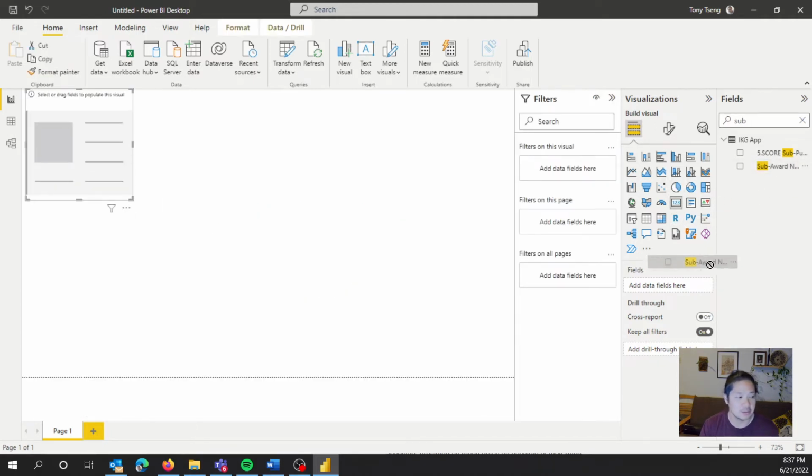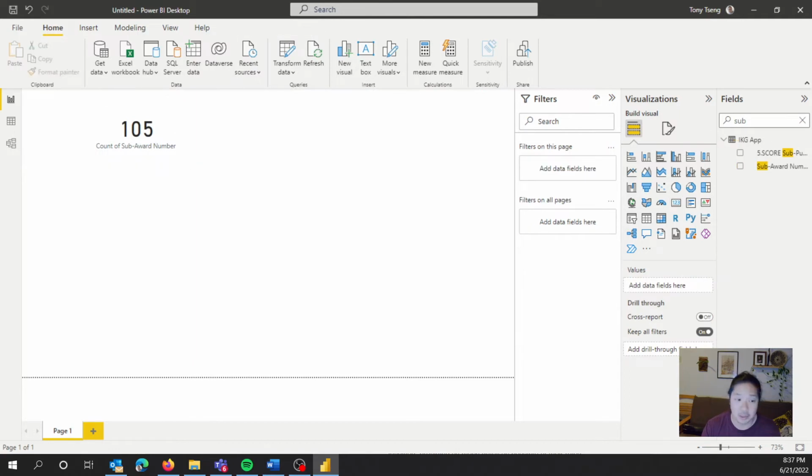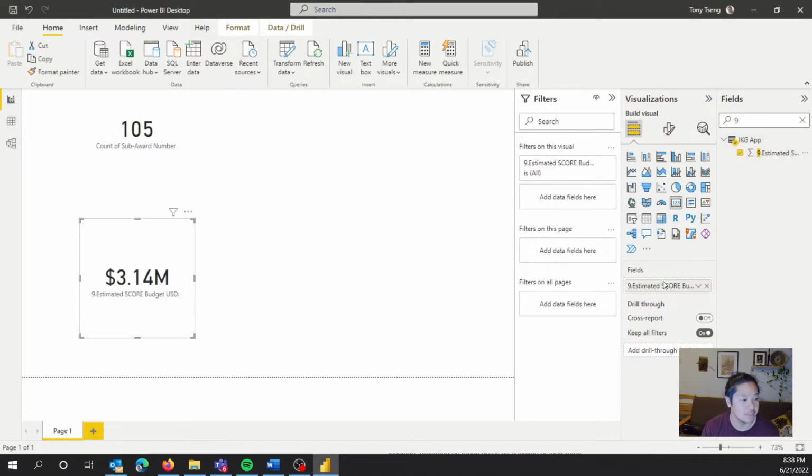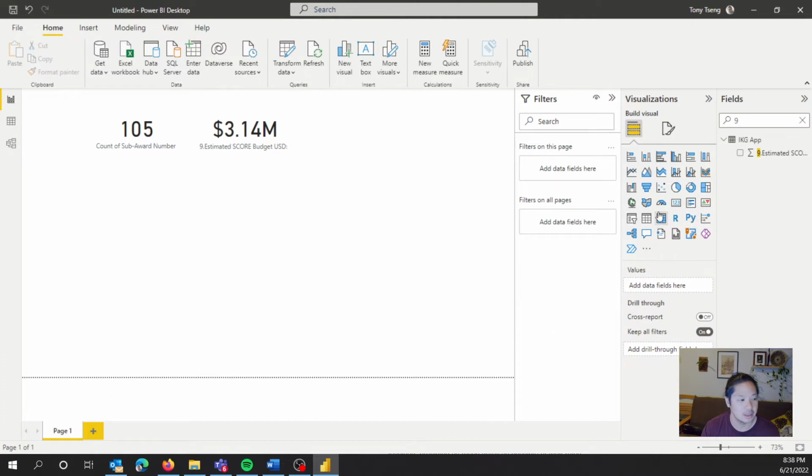Usually I like to know how many of these data fields we have, and you can count distinct here. So we have 105 subawards, and then we can also drop in the total budget, which I believe was the field estimated score budget. So we can do something like score budget here, and what you can see is it averages or sums. So I'm going to sum it all up. So now we know the total of all the budgets we're looking at is 3.14 million, and then we can also look at something like